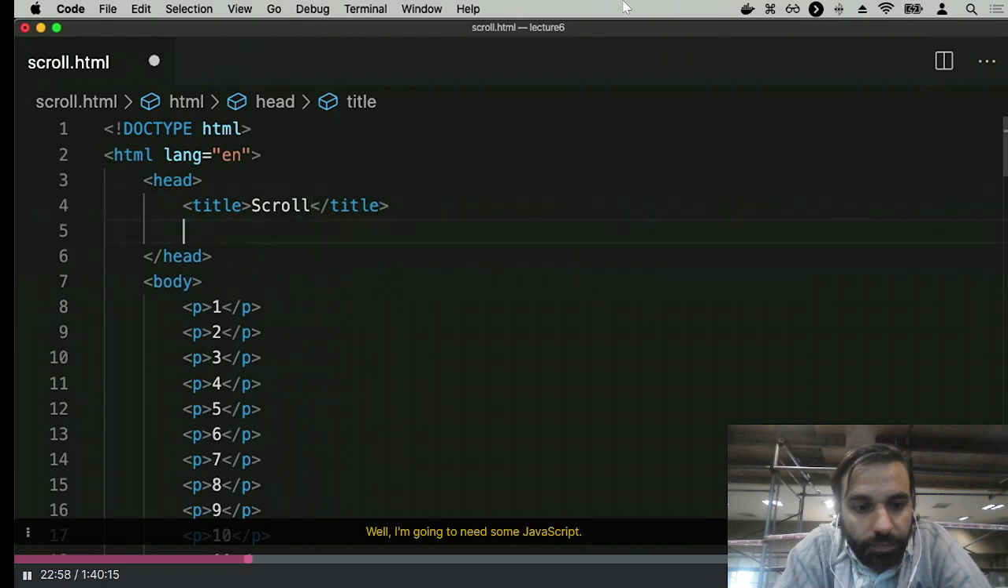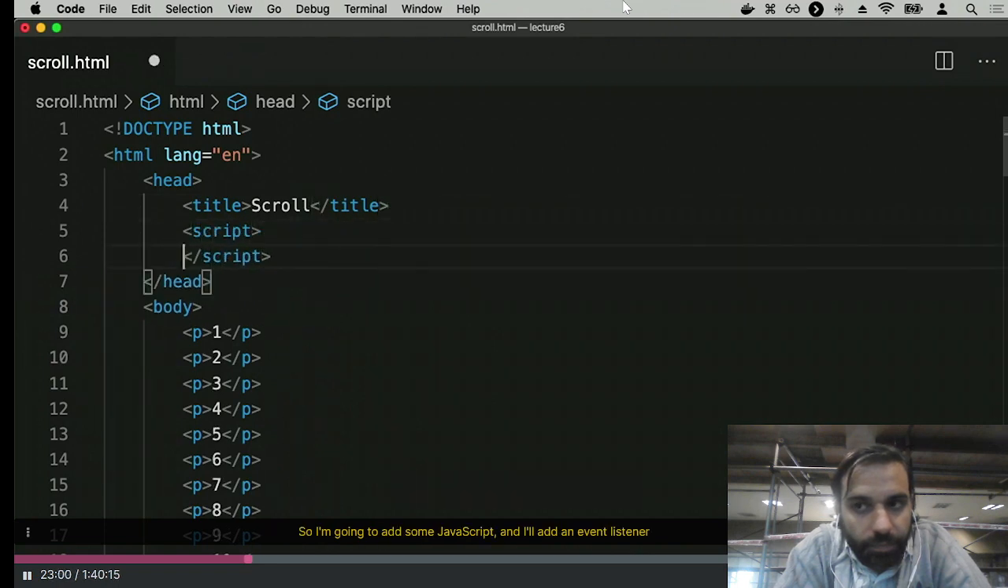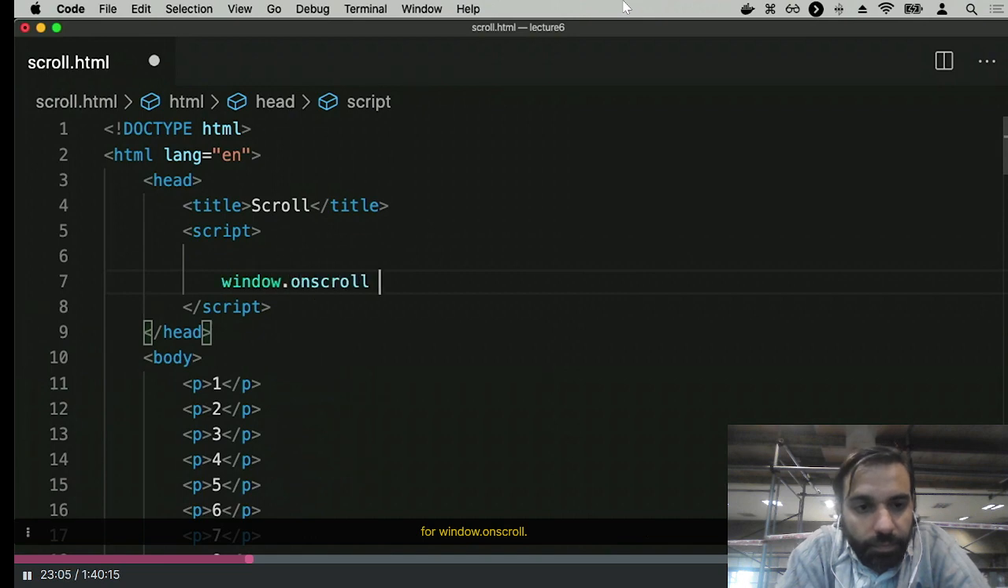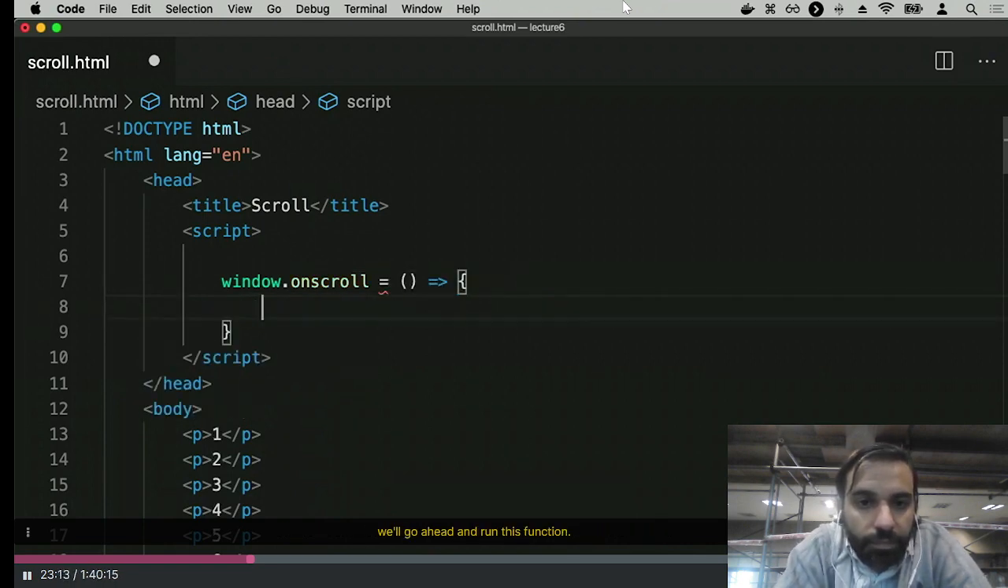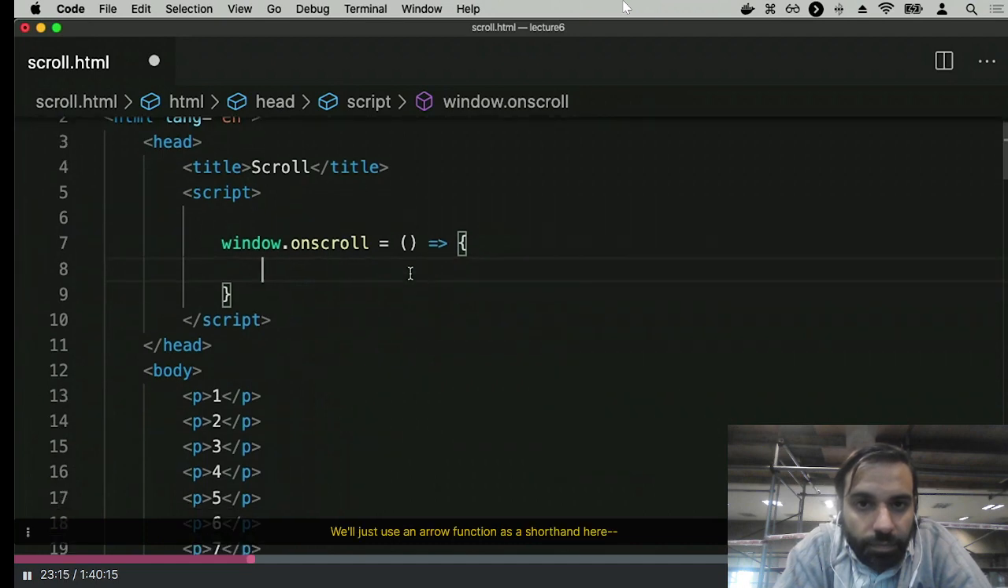Well, I'm going to need some JavaScript. So I'm going to add some JavaScript. And I'll add an event listener for window.onscroll. onscroll is an event that listens for when I'm scrolling through the window. And when I scroll through the window, we'll go ahead and run this function. We'll just use an arrow function as a shorthand here. What do I want to calculate? Well, I want to calculate if